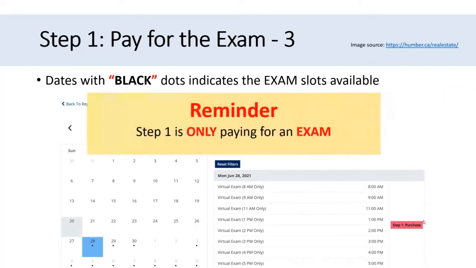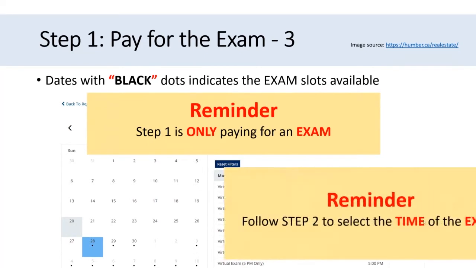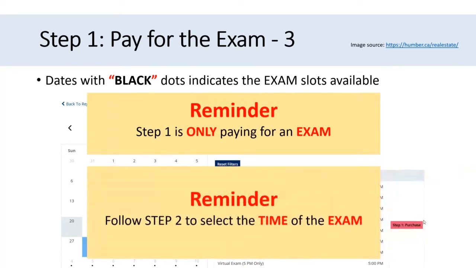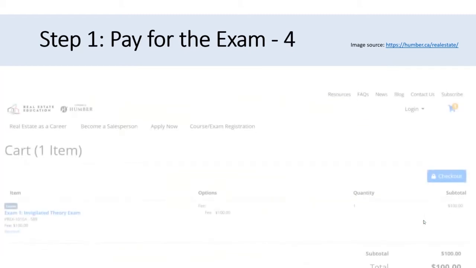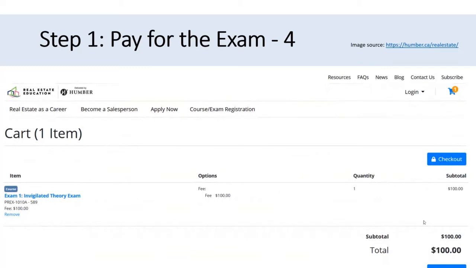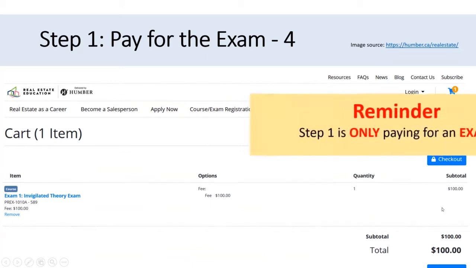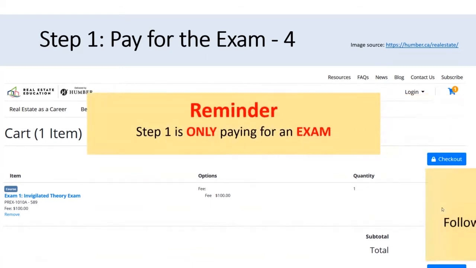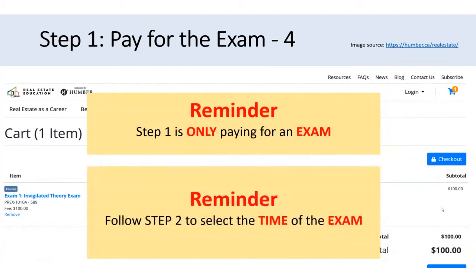And key thing to remember is that step 1 is basically paying for an exam. Step 2 is when you select the time of the exam. So here you're basically paying for the exam, and so don't just get confused here because we're just going through the step 1 that is paying for this specific exam. So when you do this here again, you get kicked into a checkout area where you can pay, but when you click on the checkout button, again, I wanted to remind you that you're still paying for an exam, and then you got to do the step 2, which is select the time for the